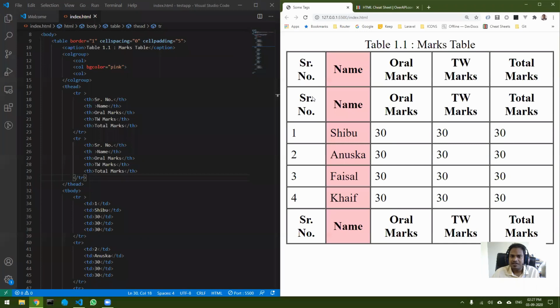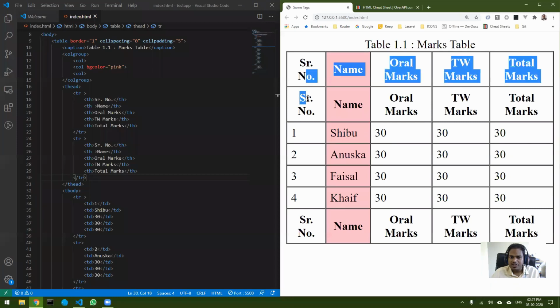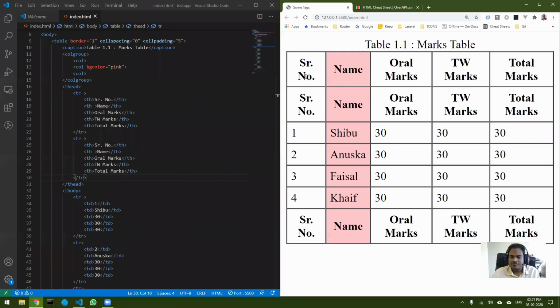It is coming twice, so what should I be joining, columns or rows? There are 2 serial numbers, and to join both of them together, I have to join rows, because this is on a separate row, this is on a separate row.